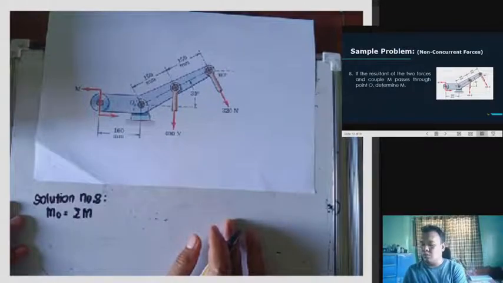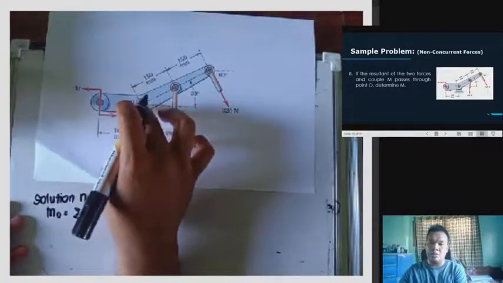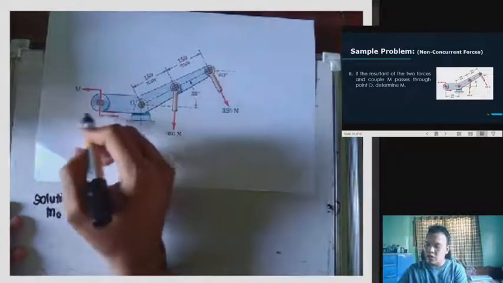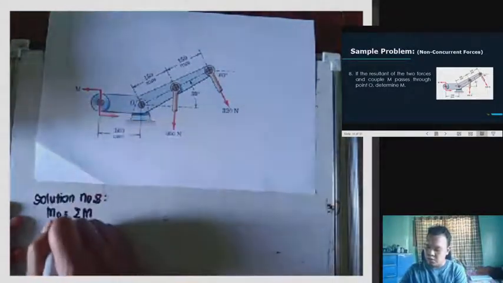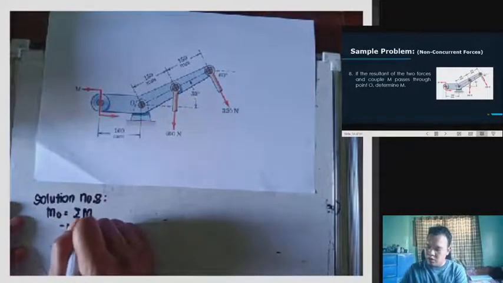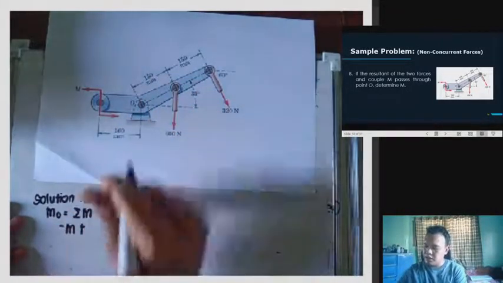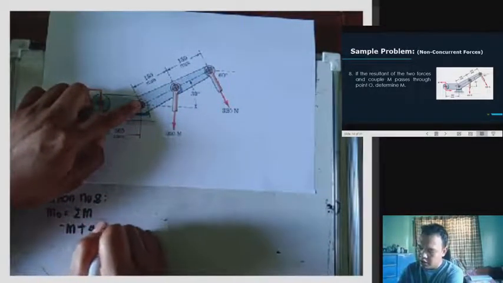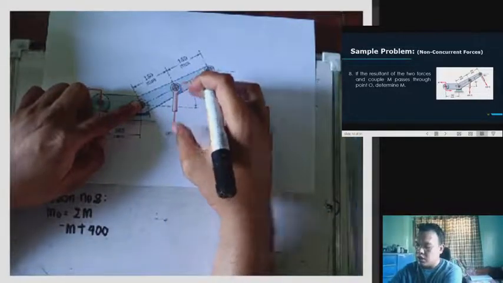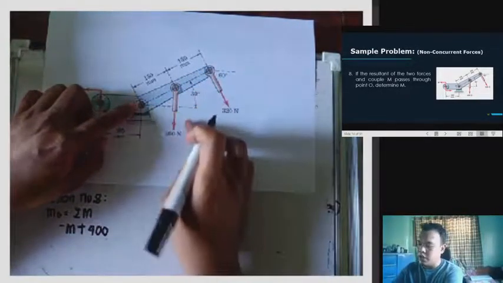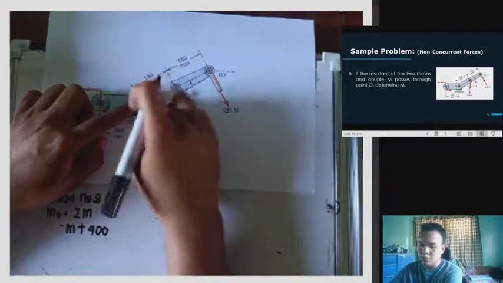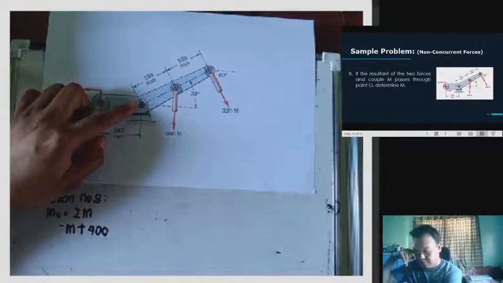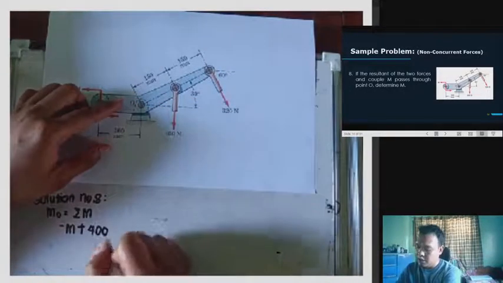Tama? Which also, yung moment dito is pareho lang naman yung nandito. Pag transfer natin, lalabas, we have here, ito, counterclockwise ulit to, negative moment tayo. So, negative M is, plus, dito tayo mag-moment. So, we have here plus 400 Newton. To get this value, we have here angle 30 at 150. So, pag inano natin siya, we have here cosine. Tama? Yung perpendicular distance na to. Cosine yan. So, we have here multiplied by